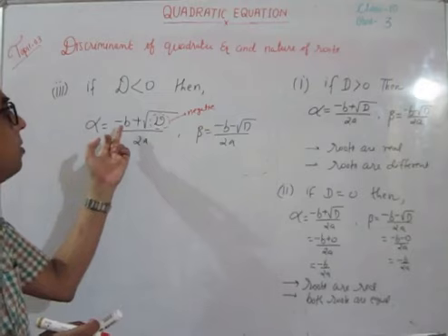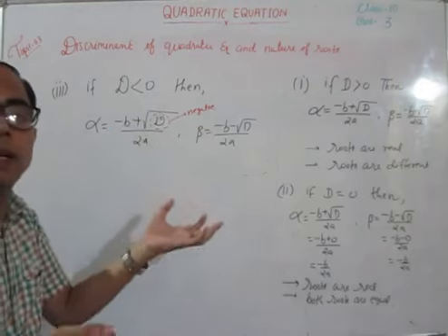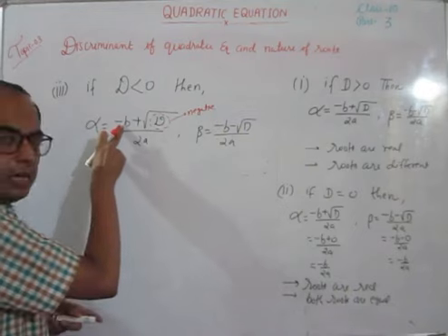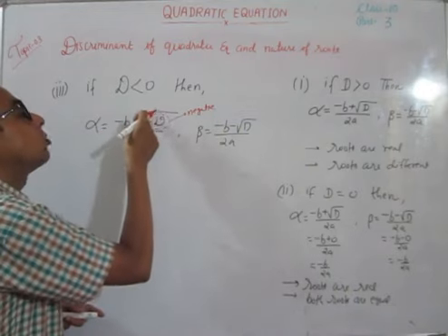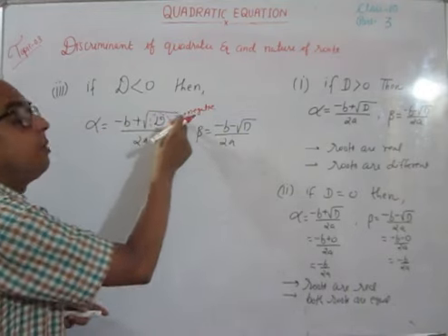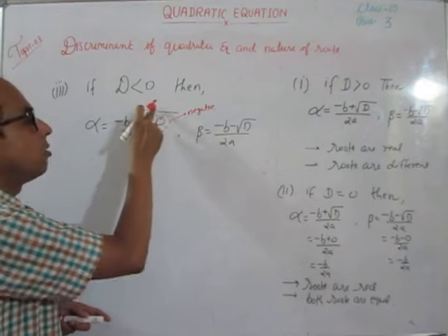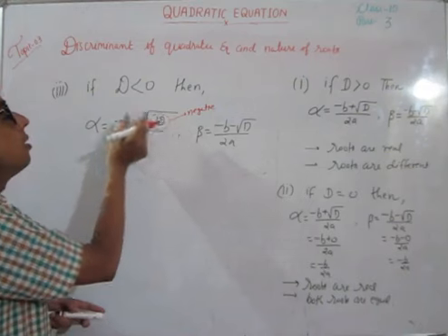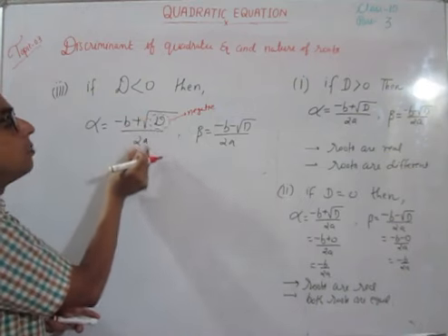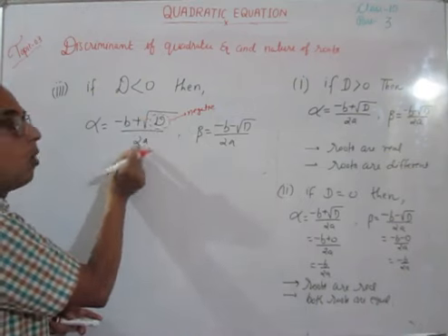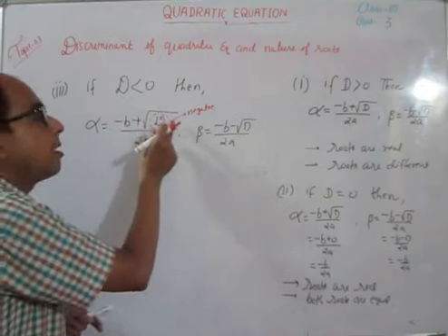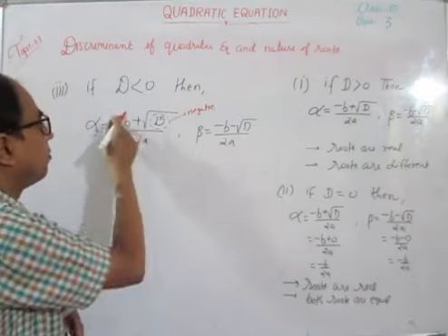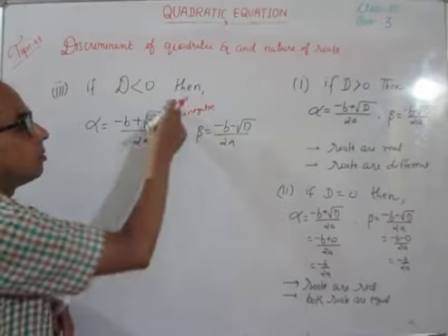And the operation between a real number and an imaginary number will give an imaginary number. Okay, b is a real number. This whole square root of d will be an imaginary number, because square root of a negative number is called an imaginary number, and this is a real number divided by a real number. So the operation between a real number and an imaginary number will give an imaginary number. So this whole number will be an imaginary number.